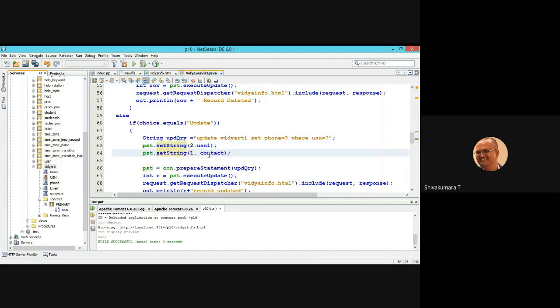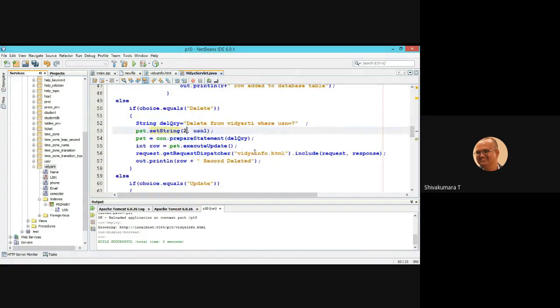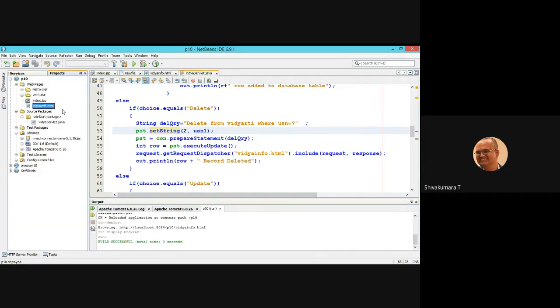Okay. Then this is the second one. Run the file, display content, again run the file with the new value, update.